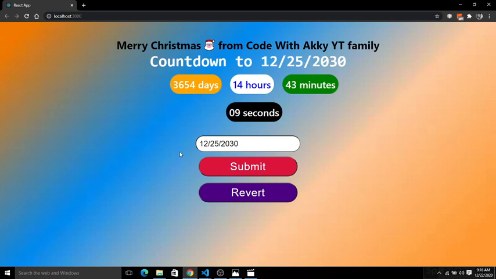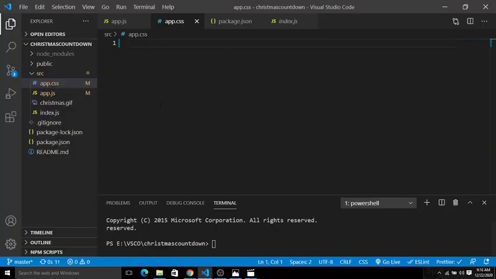So let's go and deep dive into the coding section. Let's open Visual Studio Code. Inside Visual Studio Code, let's fire the command to create a React application. For this, go to your terminal and give the command npx create-react-app and the name of your project, the name of the directory in which you want to do the coding. I have already created it, so I am not going to fire this command.